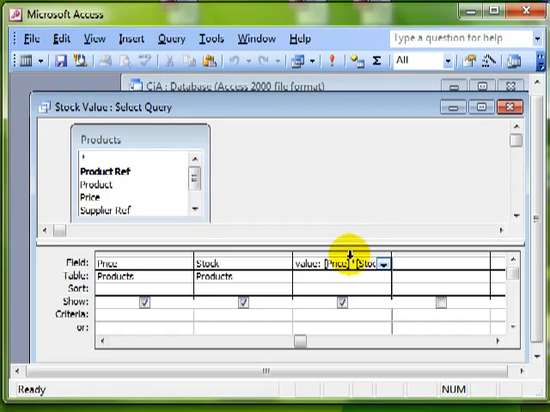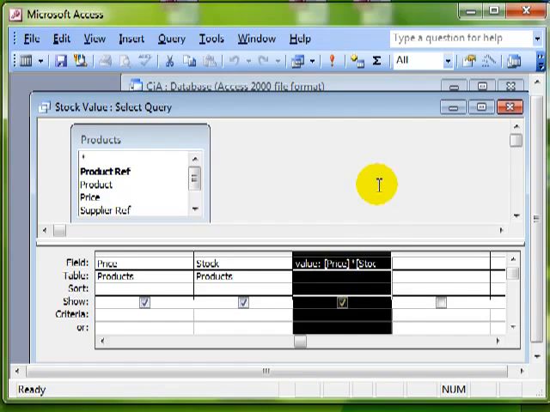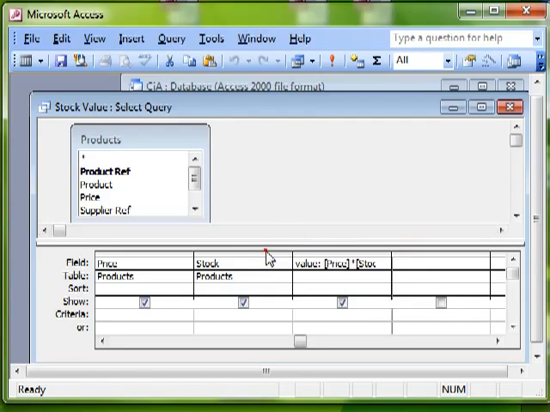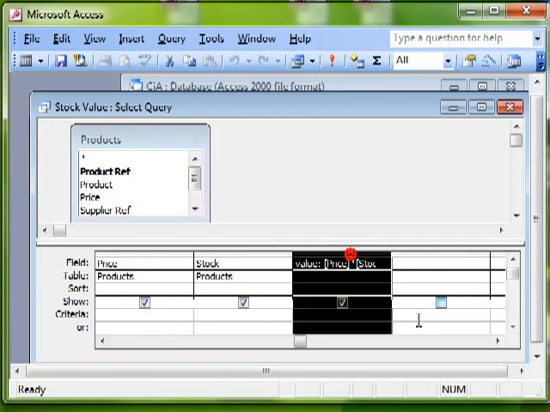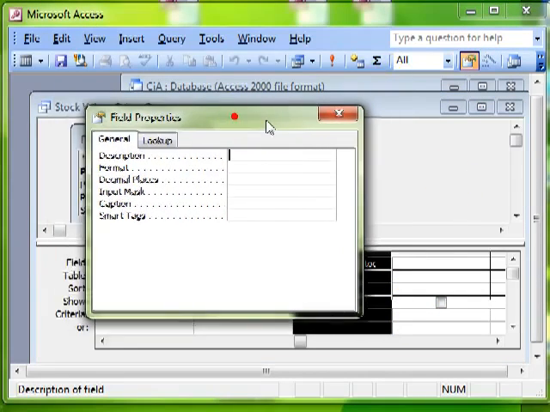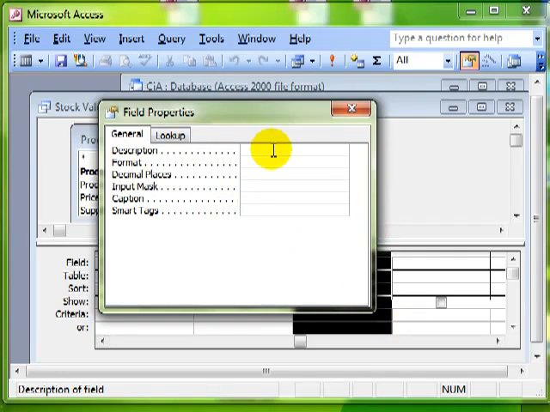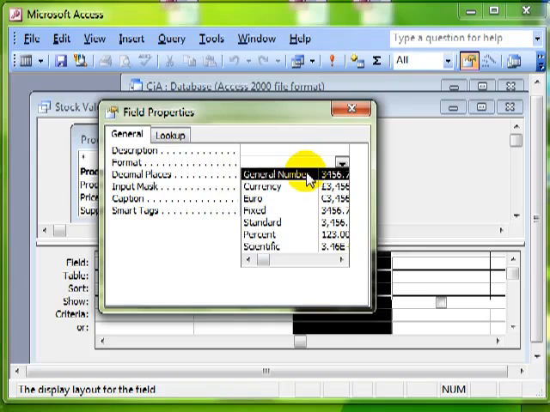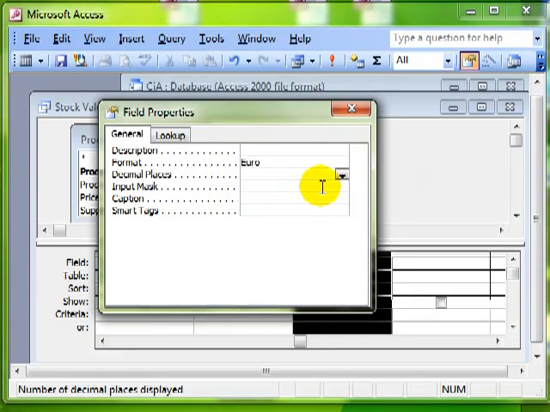You can also look at the properties of this new field. Well, not just this new field, to be honest, of any field at all. Any part of this query, any part of it at all, has got properties associated with it. So if I select this new calculated field and have a look at the properties icon, then these are the properties associated with that field. And you can see we can add a description to it, we can format it for currency, we could change it to euros, we can say how many decimal places,